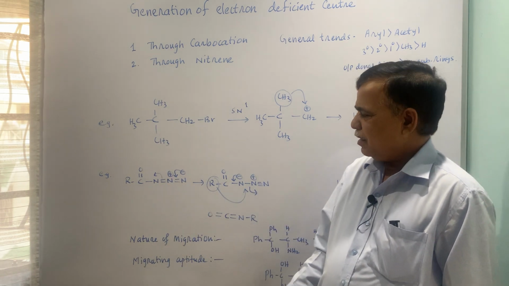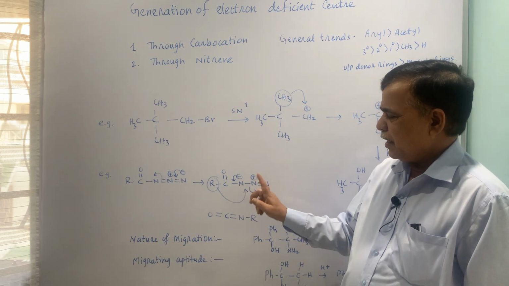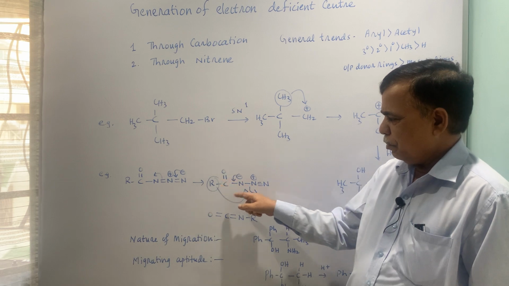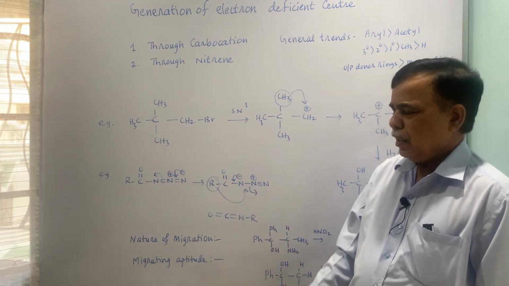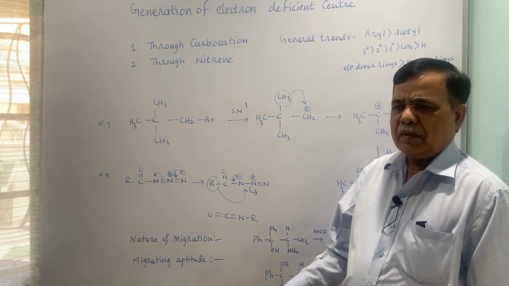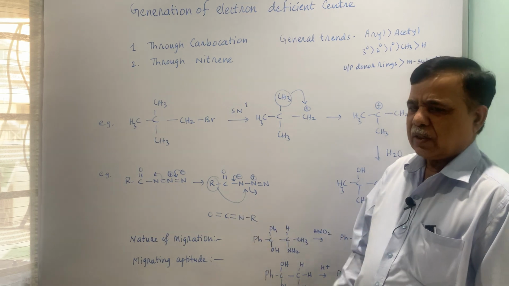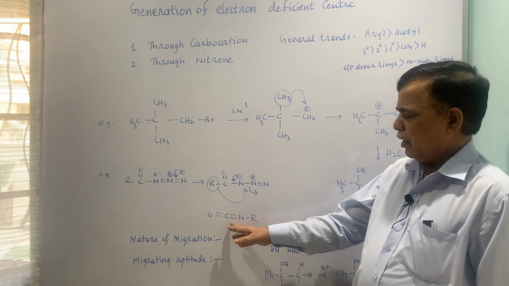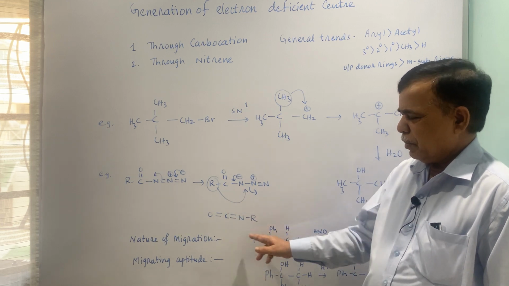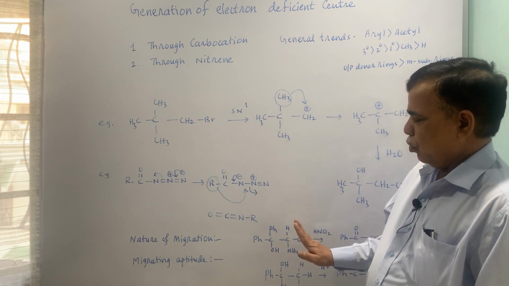Now, this azide, if nitrogen is lost, this is a nitrene. The R, the alkyl or aryl group, migrates and you will form the isocyanate. Now, this isocyanate can be attacked by water, alcohol, amines, etc., so that you get those corresponding compounds. If it is attacked by water, then you lose carbon dioxide and you will get primary amines. So, this is a degradation type reaction and so on.